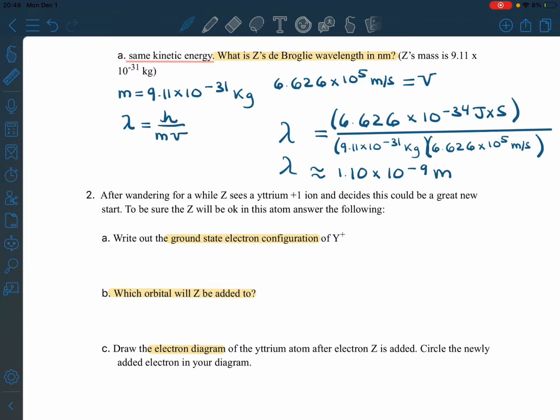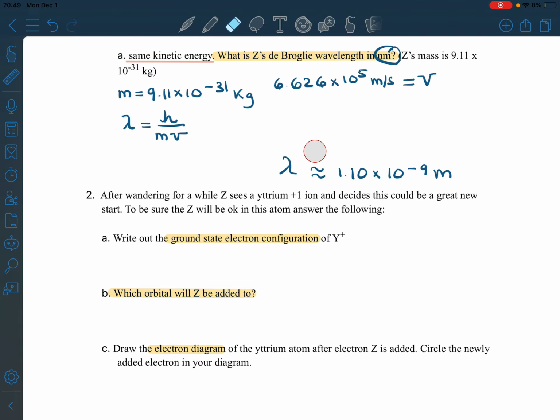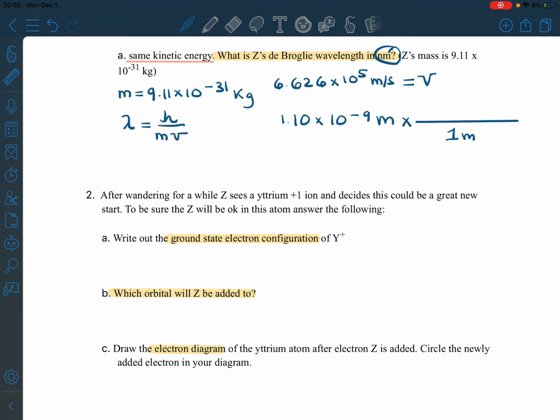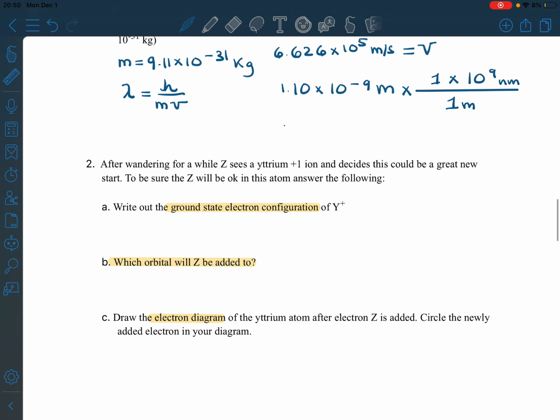So we wanted it in nanometers. So I'm going to erase this, and I'm going to do the same thing I did up above, where I used a conversion. I want to get rid of meters, so I'm going to put 1 meter on the bottom. I'm going to do 1 times 10 to the 9th nanometers on the top, which gets me, when I plug that into my calculator, 1.10